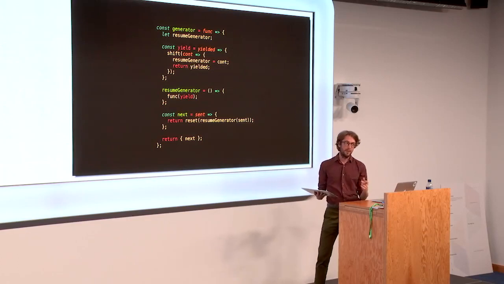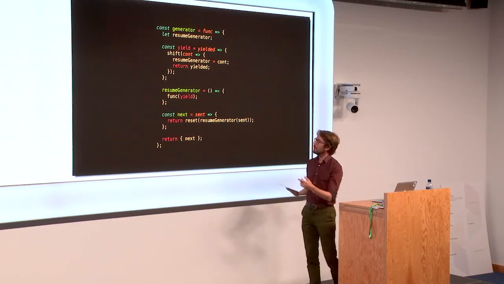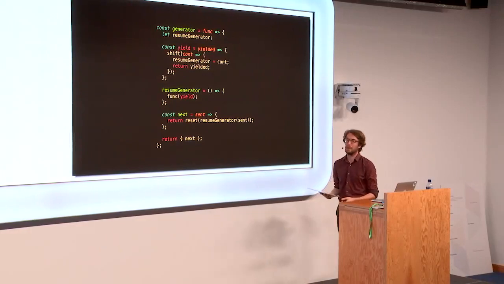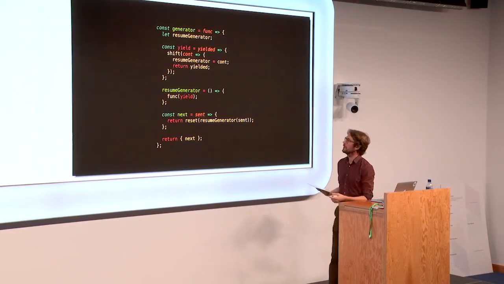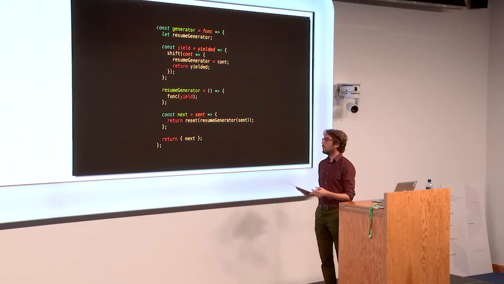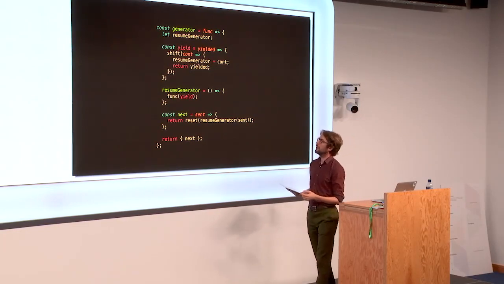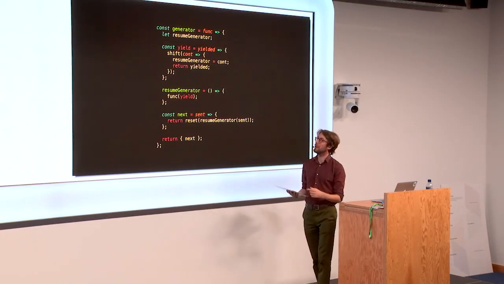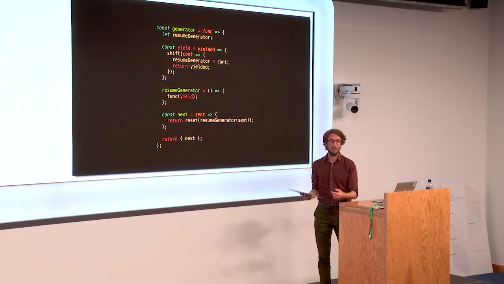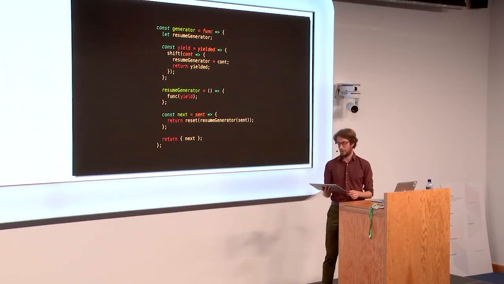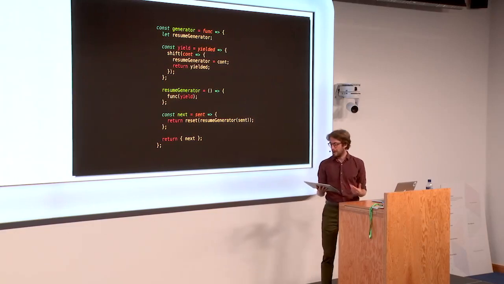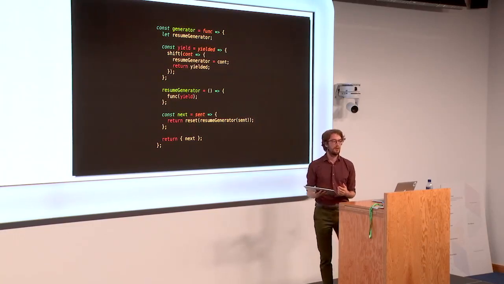Whatever shift returns is what reset returns. So whatever was passed into yield is what we ultimately get back, returned from our call to next. When we call next again, our resume generator has been overwritten with that saved continuation. So we just resume the execution of the function at that point. So you can see that yield is just a very thin wrapper, placing some restrictions on how shift is used.